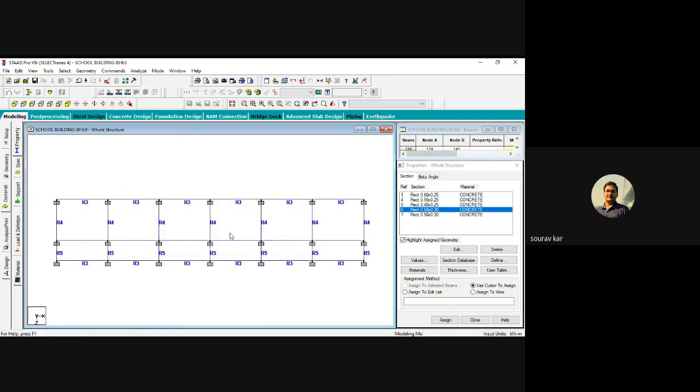Again, I am showing you when all the columns are not same. We have to selectively provide the columns. You take a small box area and select this. Press the control button in your keyboard and do this. So this is how we will go on selecting all these columns which are along the 5 meter span. The back side we have selected. Now we will select the front side.